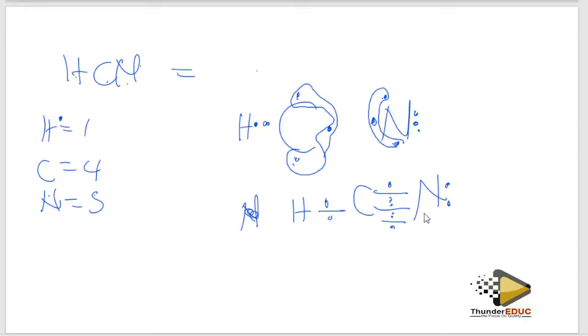So basically, this nitrogen will have a lone pair and 3 bonds, and 1 bond from this side, so that when I count the bonds it is 1, 2, 3, 4. Meaning that the real structure is going to look like hydrogen, carbon, nitrogen. You understand? Because I'm going to have here 1 bond, and then this one and that, then 2 electrons which are there. So the structure is going to look like that.